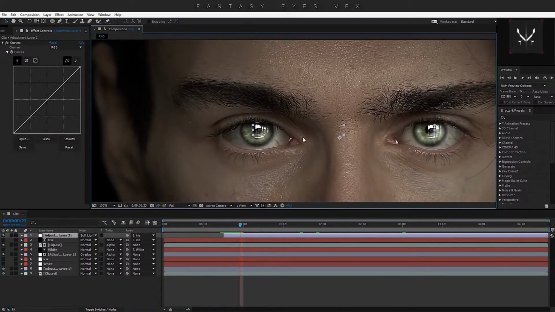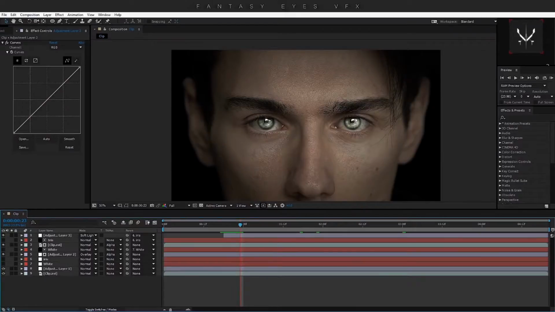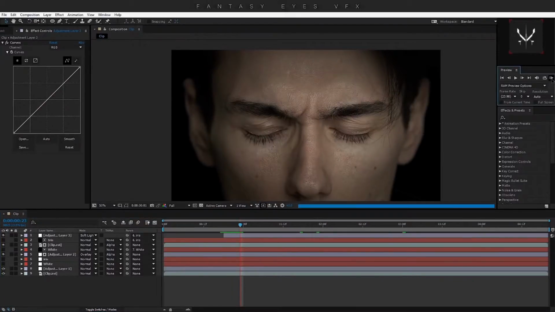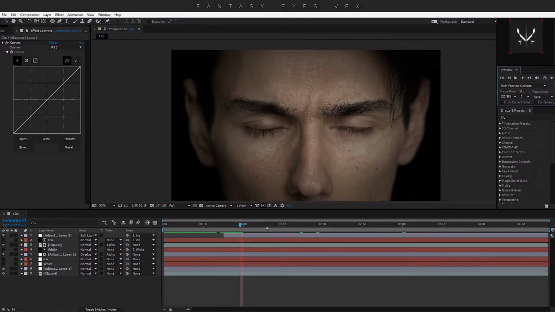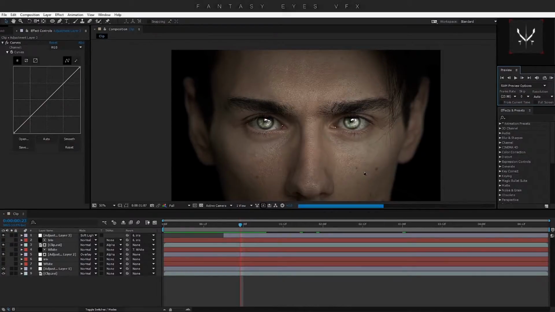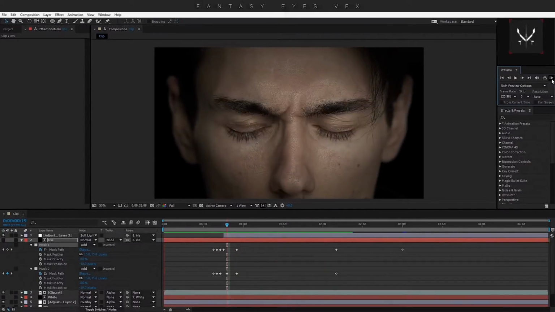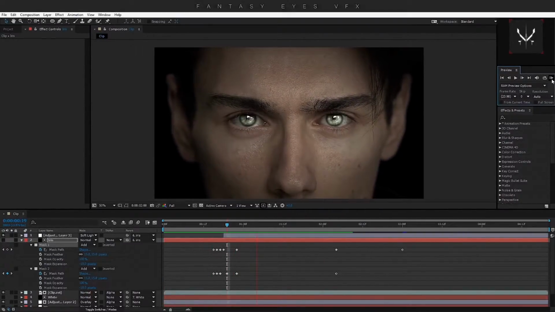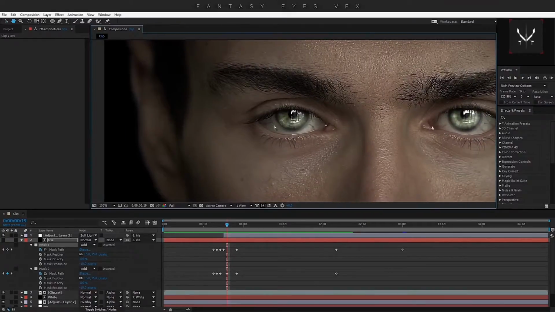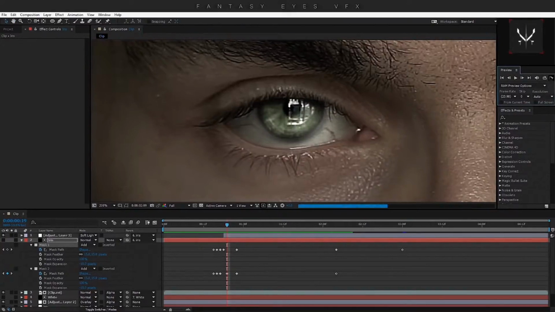So let's preview this to see what's happening. Full resolution, so come on. And it looks pretty decent for how fast I was going. So let's see. This looks okay. It looks decent and can be way better, but I'm just going to move on for now